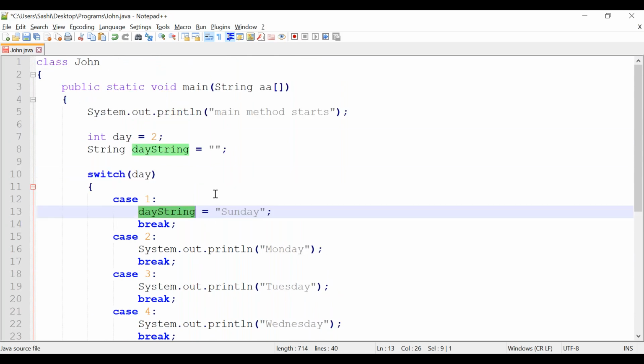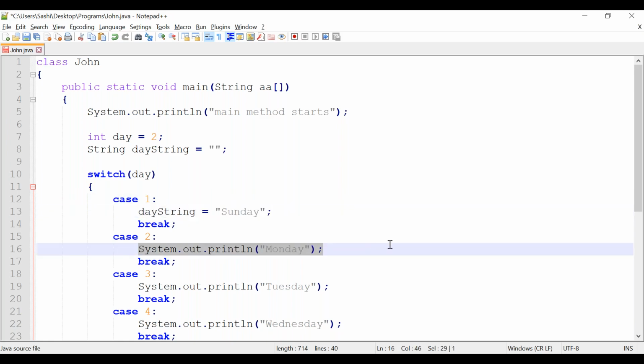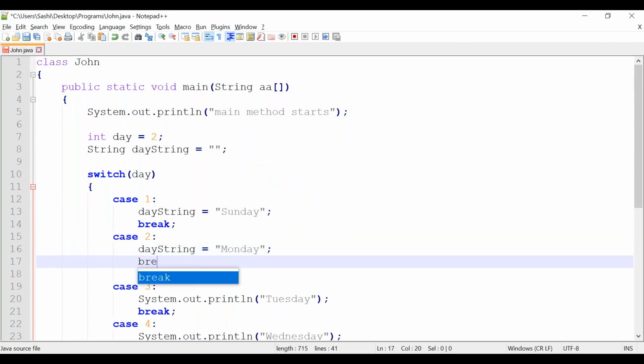Either you can print the statement using system.out.println, or you can assign the value, or you can keep multiple lines here, a block of statements. Here, since we are learning, we are keeping only one kind of statement. I can give you this as an assignment. You can modify like this: Sunday, this one is Monday, and break it.